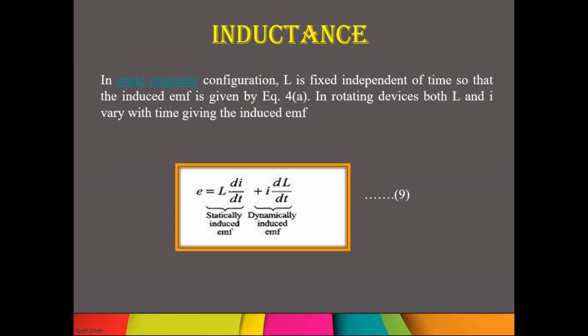So if you consider that coil and magnet, when the coil is stationary and the magnet is in relative motion, based on that motion the EMF will be induced. That induced EMF is called statically induced EMF. At the same time, when the magnet is stationary and the coil is in relative motion, EMF will be induced due to that. That EMF is called dynamically induced EMF. I think it is clear about these two types of induced EMF, right? So based on the relative motion between the coil and magnet, we can classify them into two types: statically induced EMF and dynamically induced EMF.